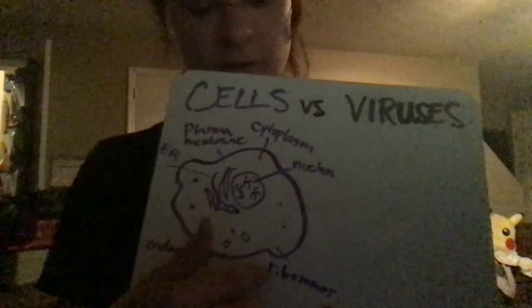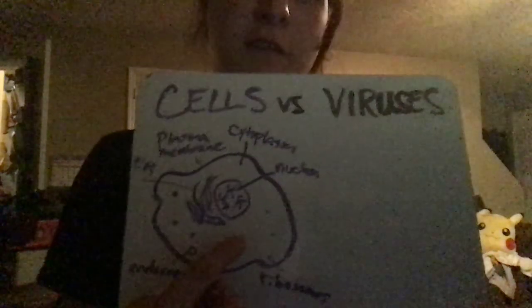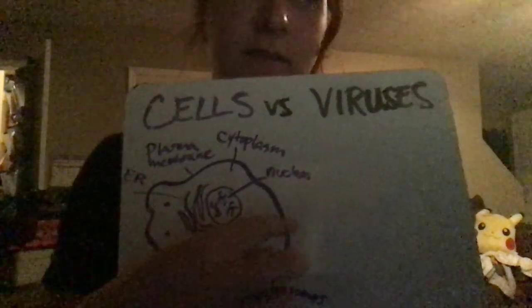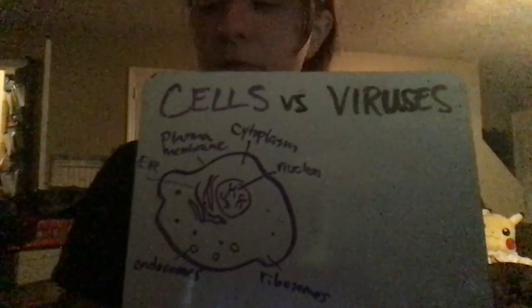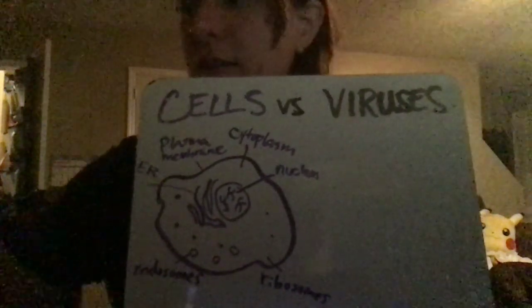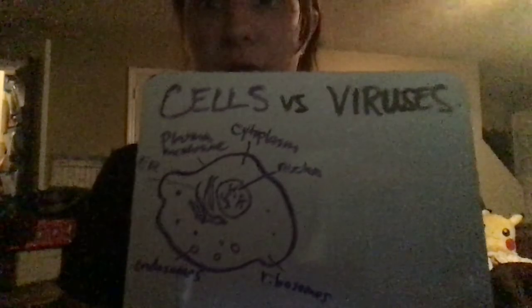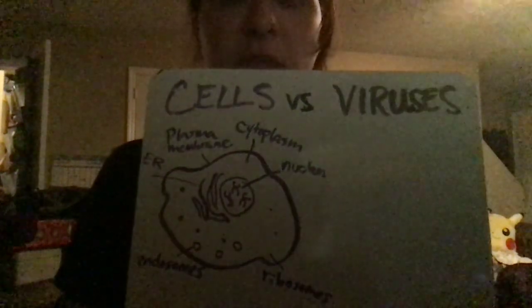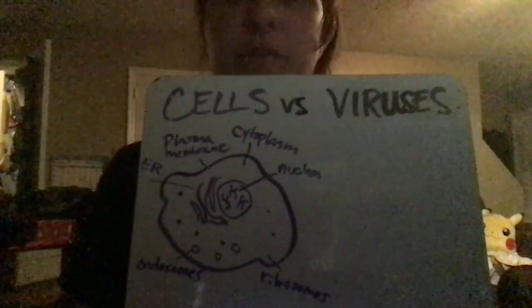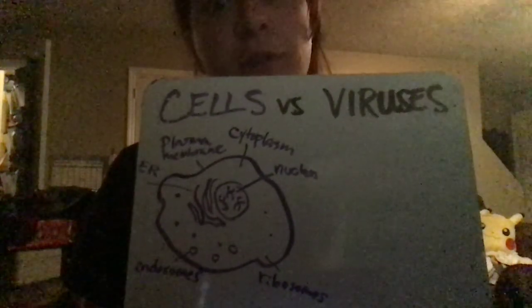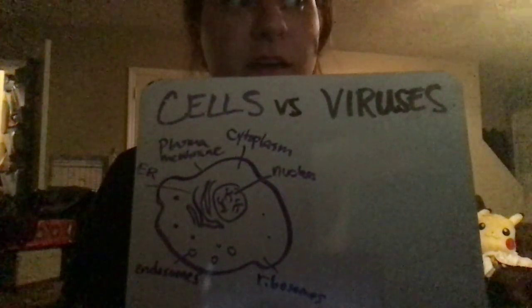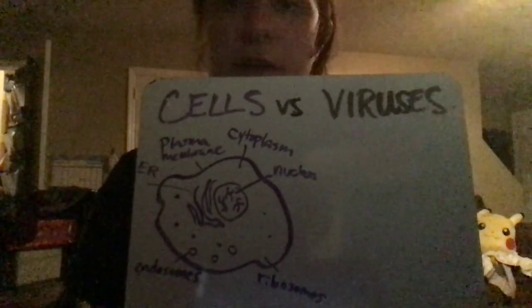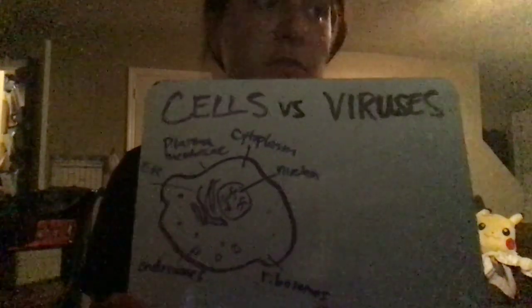And if you remember, the ribosomes are like these little studded ball, dot things. These are where proteins are made. You may not remember ribosomes. They're small, and I think sometimes they get overlooked, but they're very important. And proteins are kind of like the things that do the job in a cell, okay? And endosomes I put on here as well,